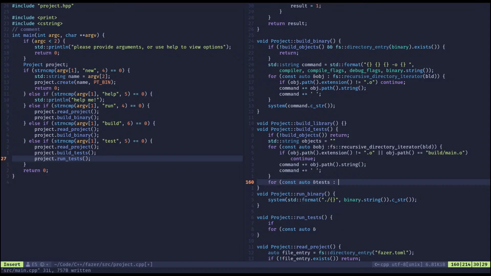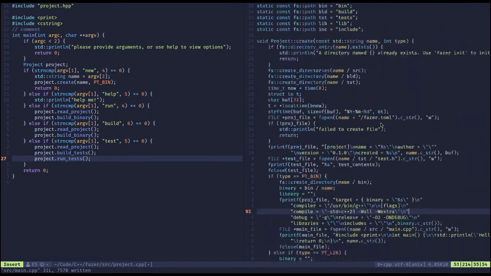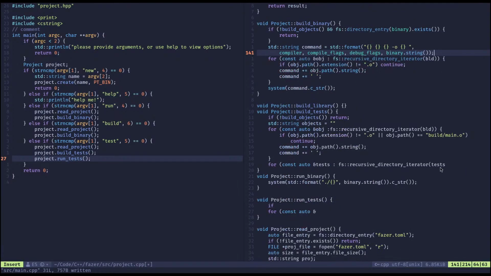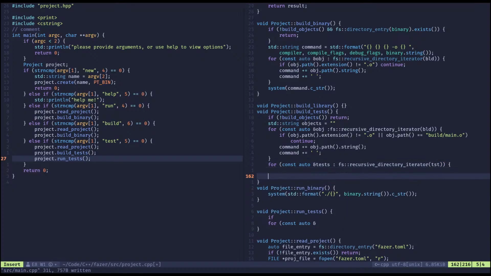Tests, and then recursive directory iterator. This can be in tests. Hold up. Okay, make sure that's actually named correctly. Otherwise, it's very sad. There. Okay. If extension does not equal CPP, continue,